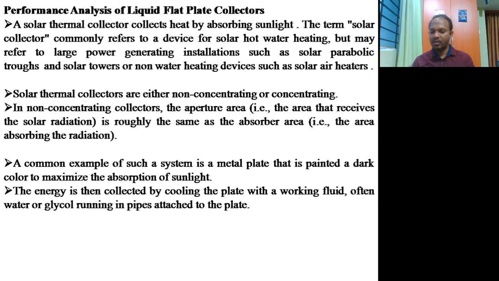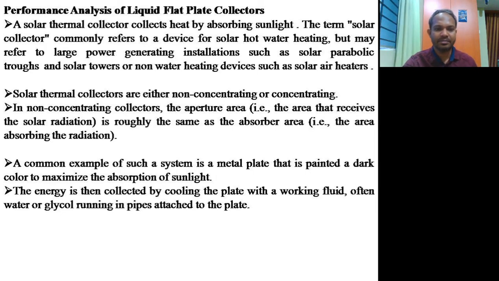So, that means to say that if this is a plate, if this is an absorber, the absorbing area is almost the same as the aperture area. It will be the same thing. So as much as possible, we will make the aperture area equal to the absorber area. Is it clear? It is only because we want to gain maximum solar radiation and convert that into useful form. That's it.